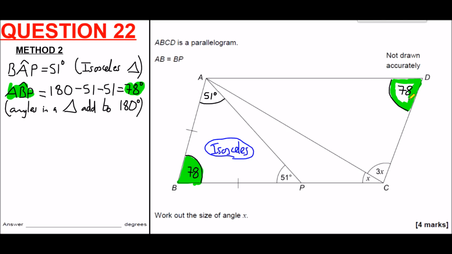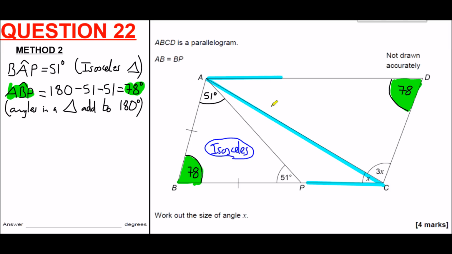So if we fill this bit in, that'll help us. Now if we have a look at this triangle at the top, ACD, we know 78, we know this one's 3x. What we could do is work out this angle here. Now what we could do is apply an angle fact. If we do a straight line from P to C, and then a straight line going up here. I'm no good at doing straight lines, as you can probably tell. That's okay. And then from A to here,